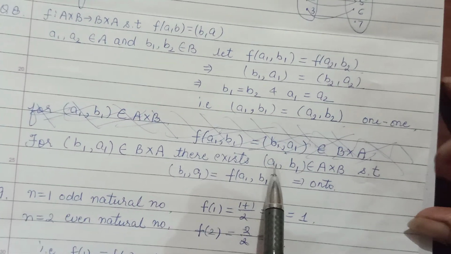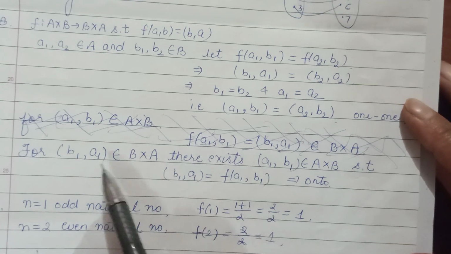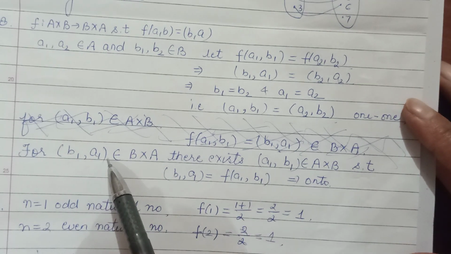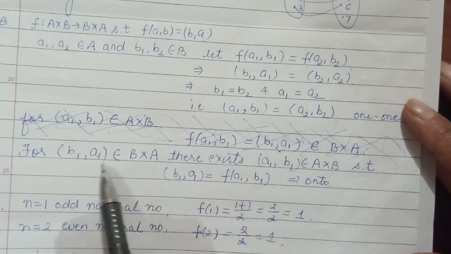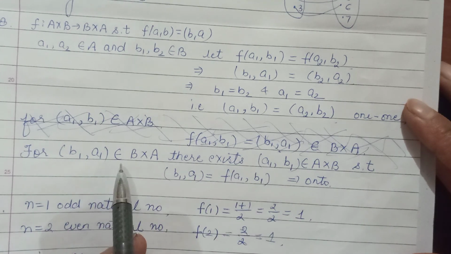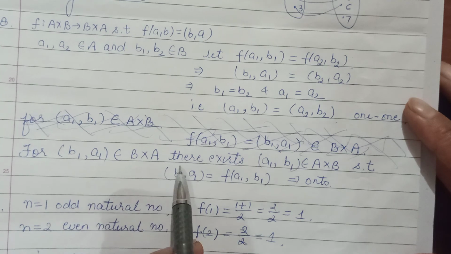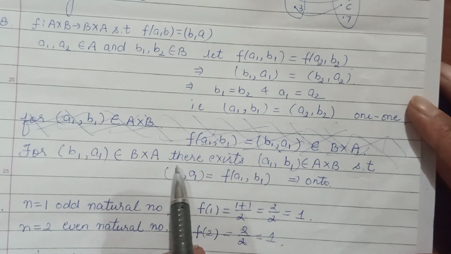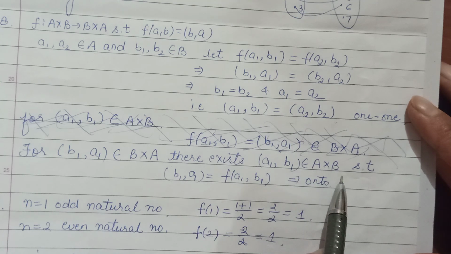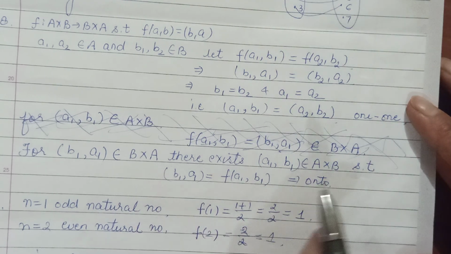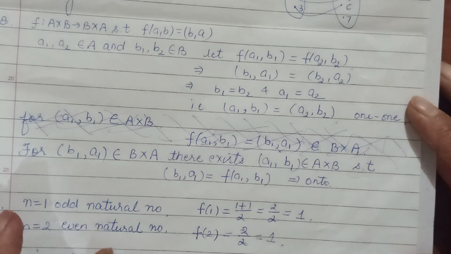According to the definition, then this (b1, a1) was defined as f of (a1, b1). Okay, so I've put that in words out here, that this entry from B cross A, we from the definition can see there would be some (a1, b1) which would be from A cross B. Okay, तो आपको लिखना है इसमें, ये सब ऑब्वियस रिजल्ट्स हैं, बट यू हैव टू जस्ट पुट इट इन राइटिंग